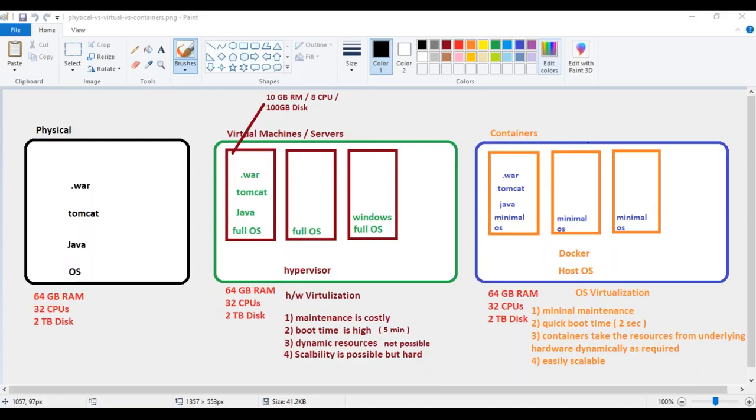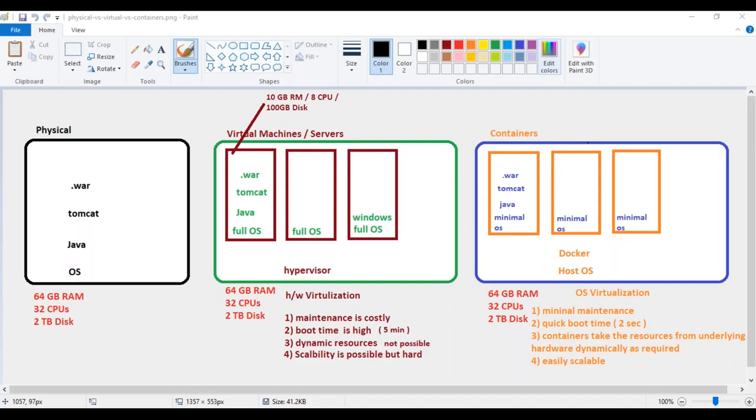Let me give an example here. Now let's think about the virtual machine case, the full operating system, where you are able to log in. You usually have the standard commands like the VI editor, the top command or the PS command, these things, right? Now, if you really think about it, if I deploy my application, a Java application, on top of a virtual machine, does my application use these features of the operating system? No, it will not use them. It will definitely not use them. But why do I need to keep them inside?